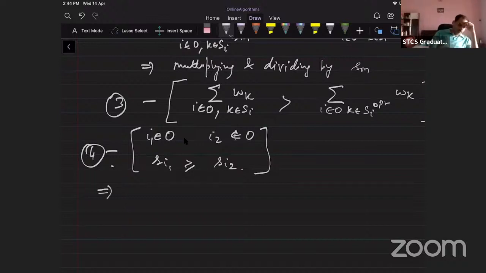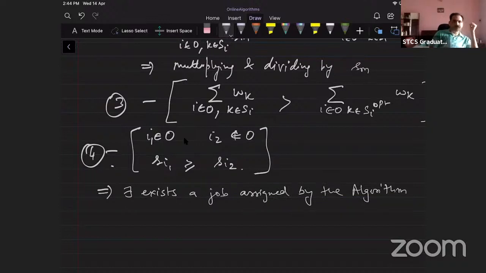So this implies that there exists a job, at least one, assigned by the algorithm to some machine in set O,